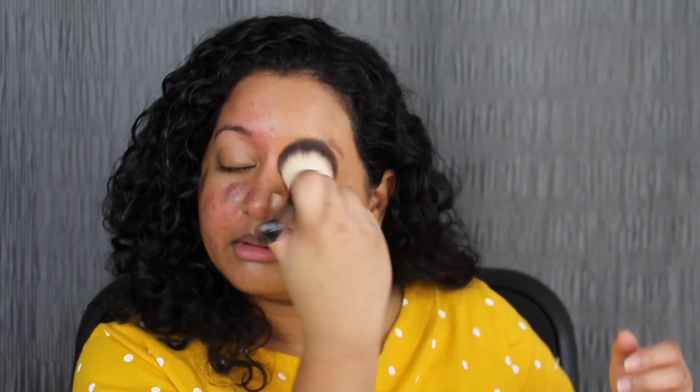Taking my foundation brush and blending it out. Here we have one layer of the shade in 390C, which I definitely think matches me. It matches my neck. Taking my brush and blending it out. Here's what one layer of the shade in 400W looks like. 400W looks a little bit golden. 390C really works best. I do want to build up a second layer on both sides just so we can